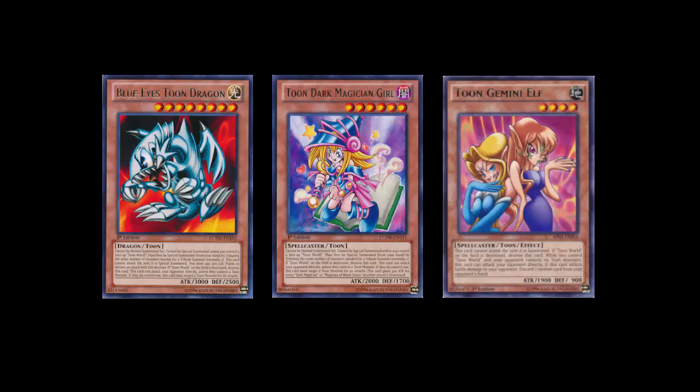There are some cards that have Toon in their name that actually aren't Toon monsters, but you'll probably be able to tell them from the card text, and to distinguish which cards need Toon World to be on the field and which ones don't. Blue Eyes Toon Dragon and Toon Dark Magician Girl here both do require Toon World to be on the field, while Toon Gemini Elf does not. And I think you can tell that quickly by the fact that Toon Gemini Elf is the only one to say